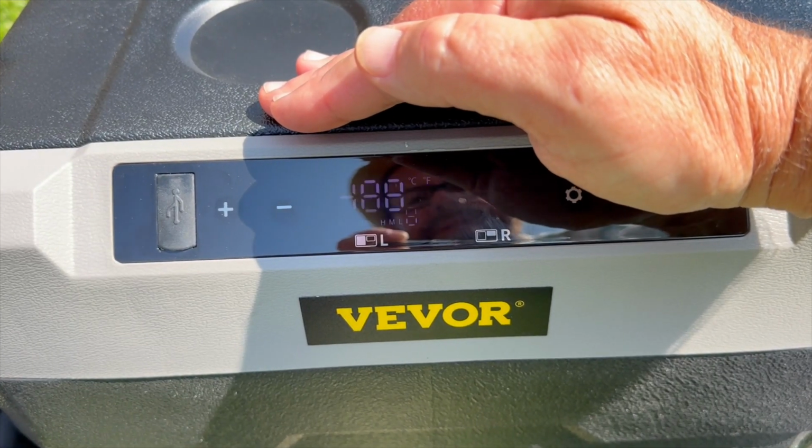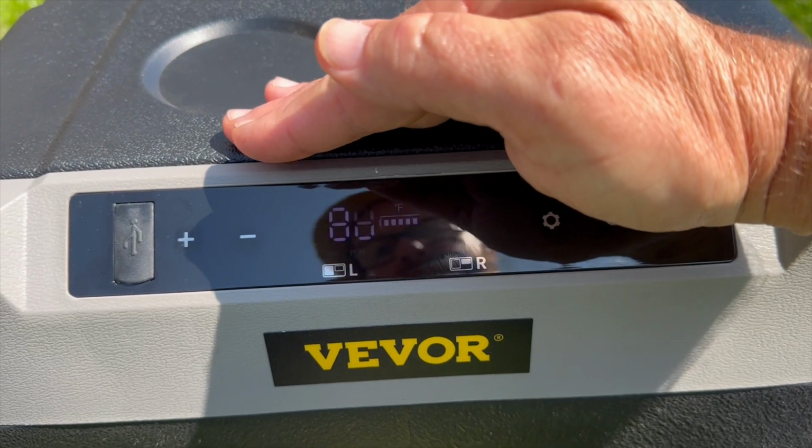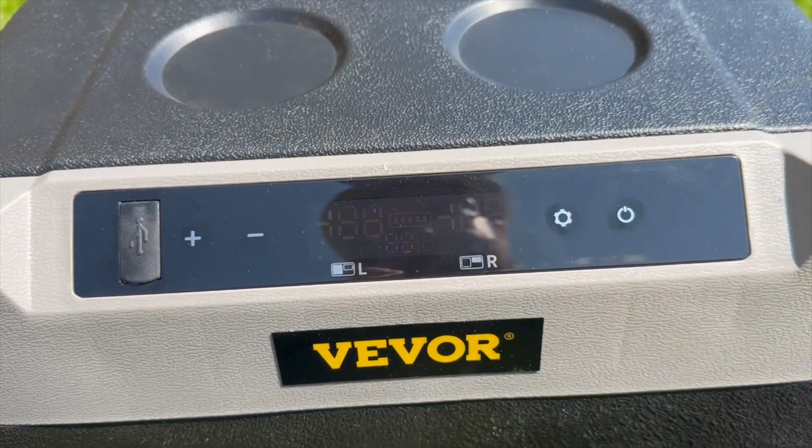Yeah, so it looks like it's the same thing. I guess you'd have to have a separate controller or something in order to run this directly from a solar panel. But I mean, it does have the solar connector on there. Now that one seemed like it was a little bit more stable, but in the end, it did the same thing. So what you'd need to do is either find some kind of a regulation device that regulates the power going out from it,